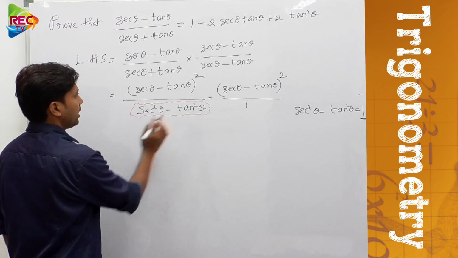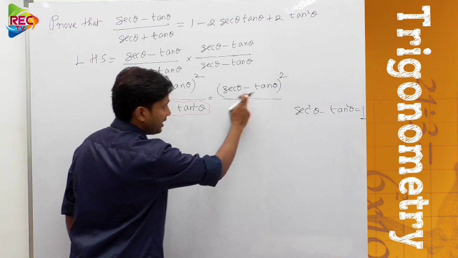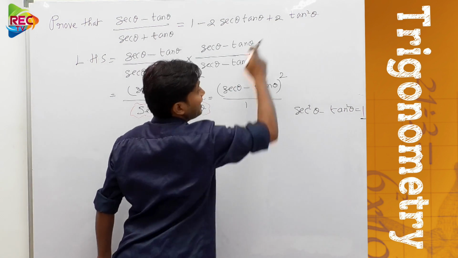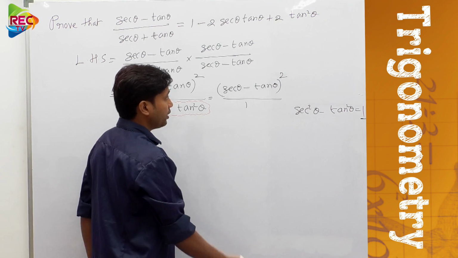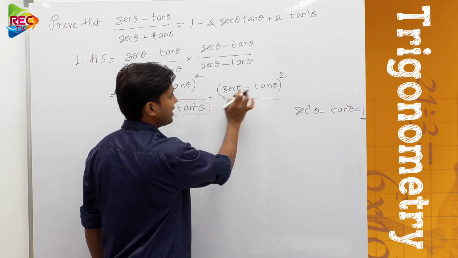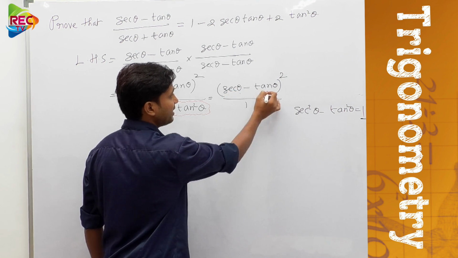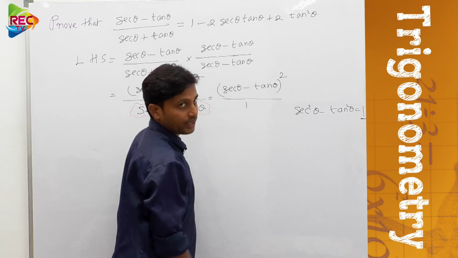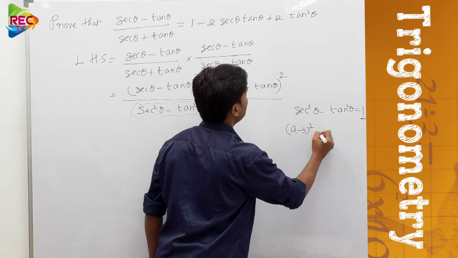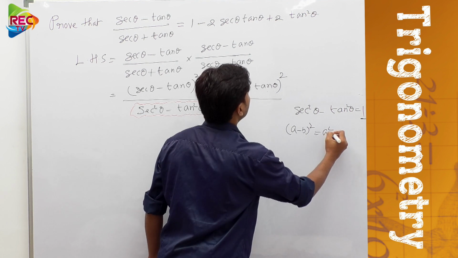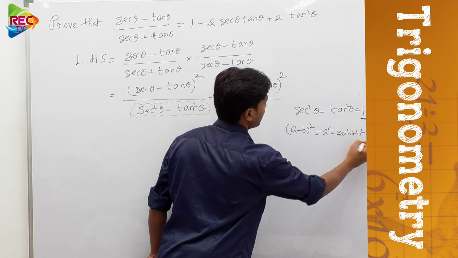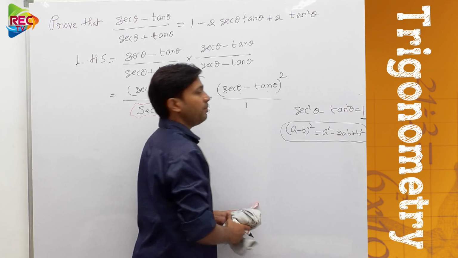Okay, anyways, now see, we didn't get the required answer over there, so we need to get this much lengthy answer. In order to obtain that, there is a chance, because here this is in the form of secant theta minus tan theta. If you consider this as a and this as b, a minus b whole square. What is the identity? A minus b whole square. Tell me. A square minus 2ab plus b square, right? So in this form we can write.